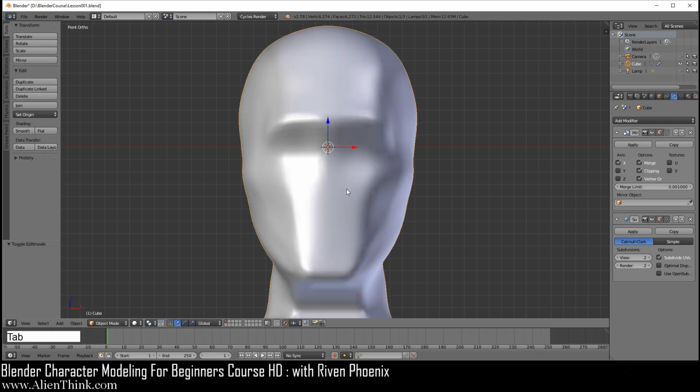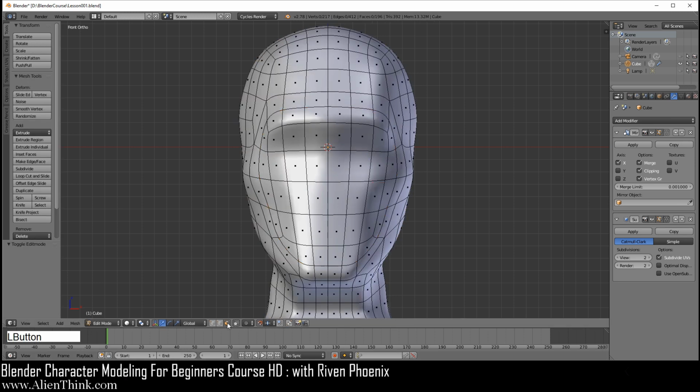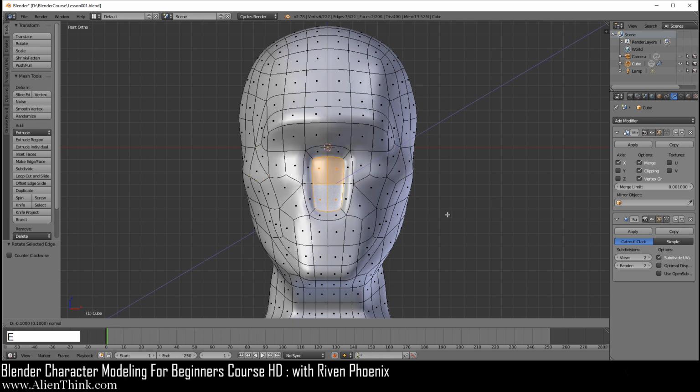So let's go back into edit mode, make sure that we're on face select mode. So we're now going to go ahead and select on this one, Shift key down, select on this one, do Control A 1 and then 2 times. Select on this, Control A 1 time. Then I want you to select on this, Shift key down, select on this, and press the E key to extrude, then right click to cancel it. Go ahead and select on this and then select on this and then do A 2 times.